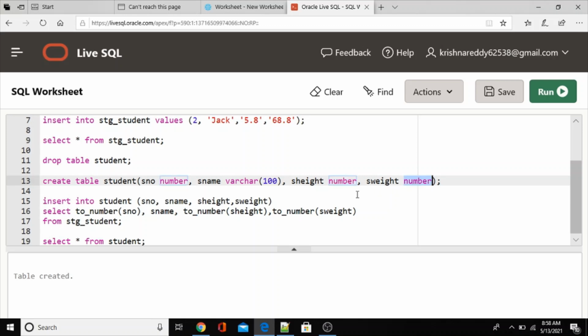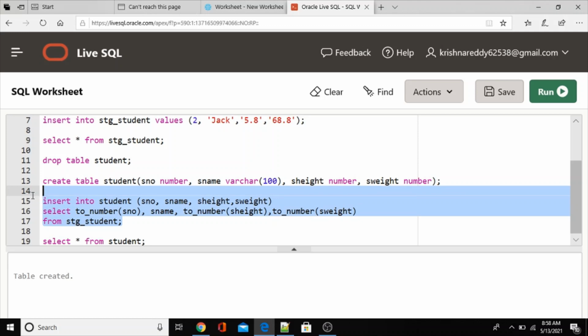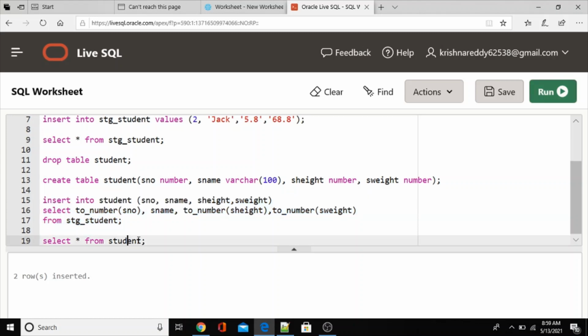So in the stage table, all columns' data type is varchar, but in the main table we have specific data types. Now I am going to insert the data from stage to student by applying the to_number function for s number except s name, because no need to, this is the string. So now let me insert the data. Okay, two rows inserted into the main table, that is called the student table.